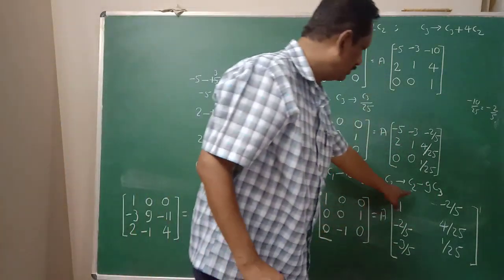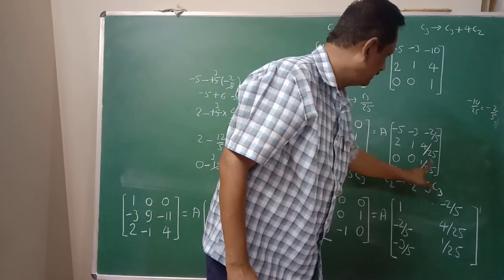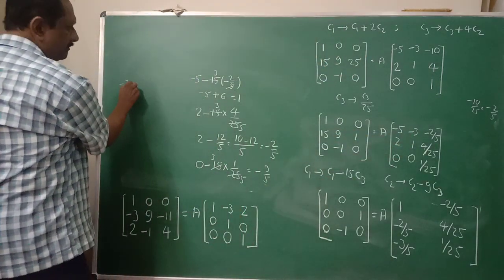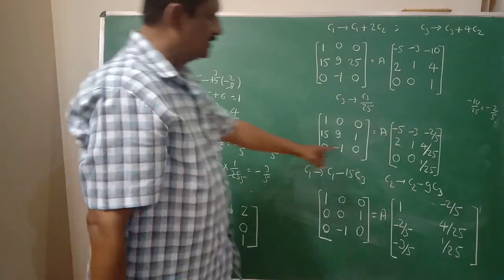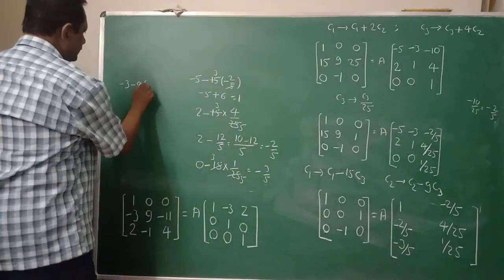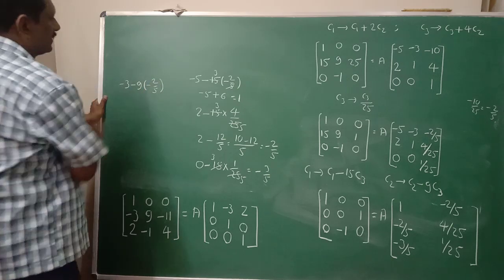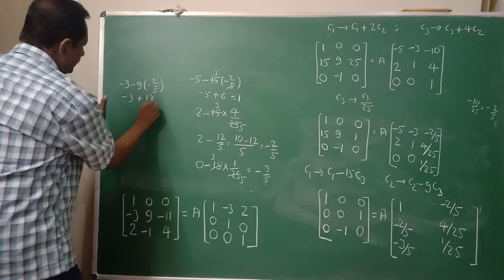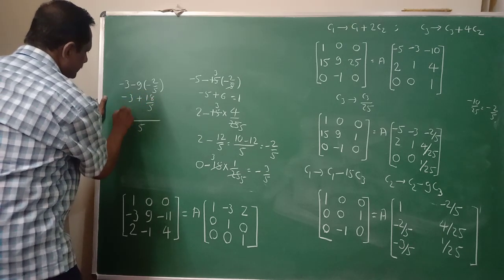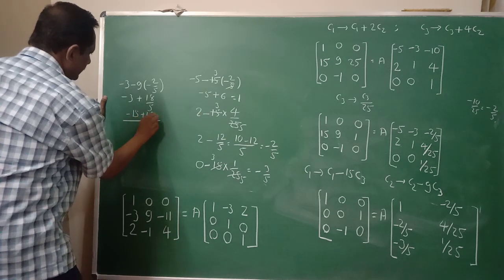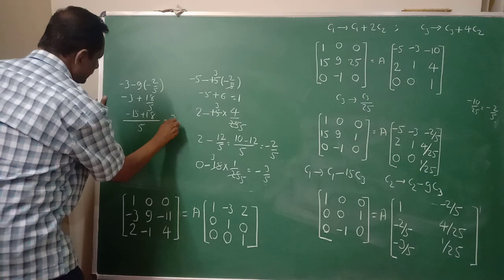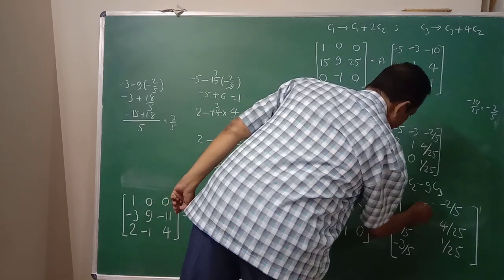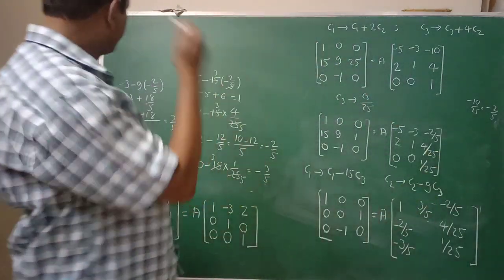Then C2 minus 9 into C3, this is the second column, this is the third column here, so minus 3, so look here, minus of 3 minus 9 into this element, minus 2 upon 5, so minus of 2 divided by 5, therefore minus 3, minus into minus plus here, 9 2s are 18 divided by 5, 5 LCM here, 5 3s are 15, minus 15 plus 18 here, 18 minus 15 becomes 3 here, 3 divided by 5, so right here 3 divided by 5, 3 upon 5, okay.